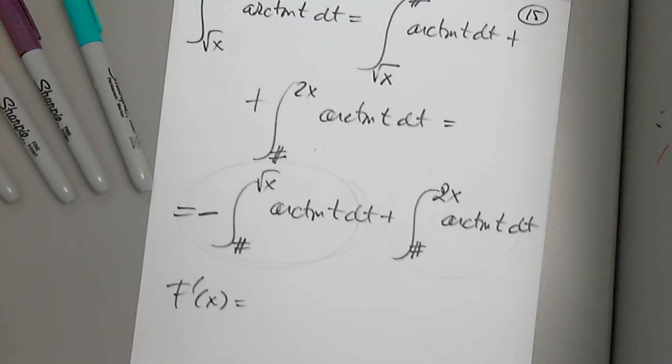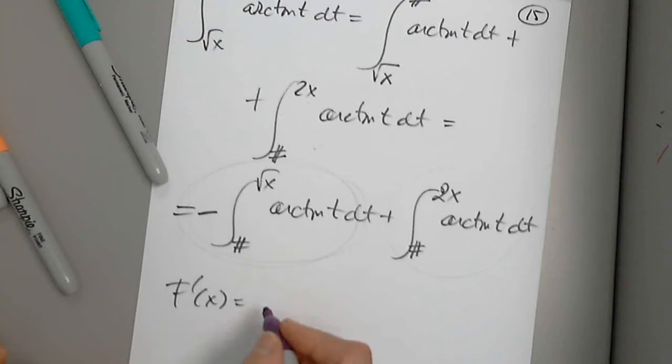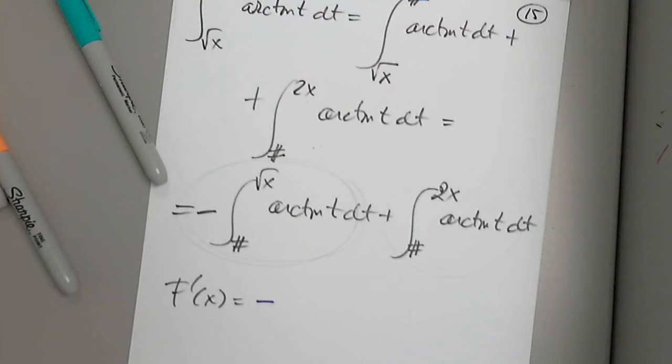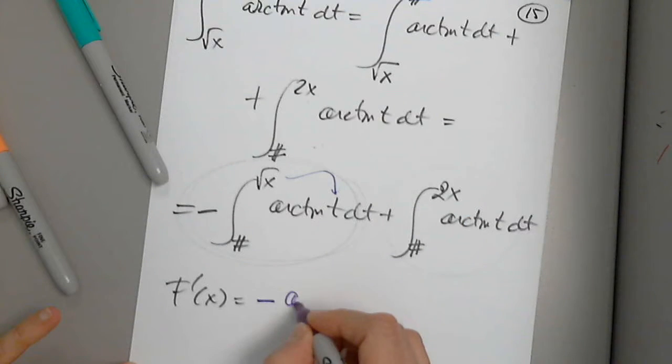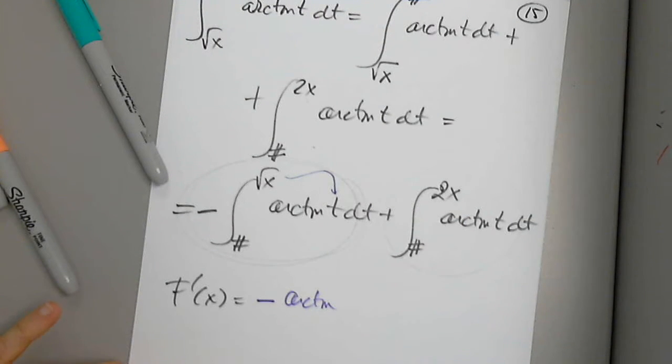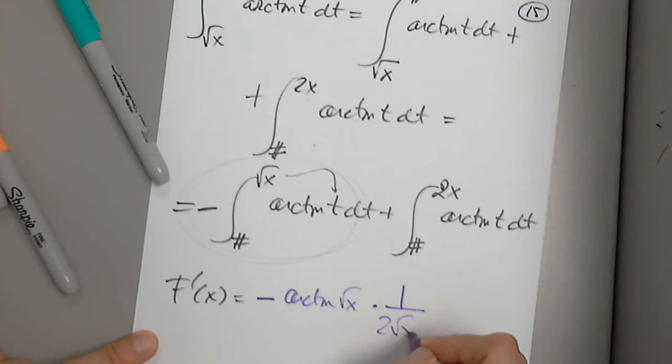When we differentiate the first one, what do we get? Negative has to stay up front. Negative, arctangent, we are not differentiating the function. We get the pure function itself. Arctangent of the square root of x times the inner function prime, which is 1 over 2 square root of x,